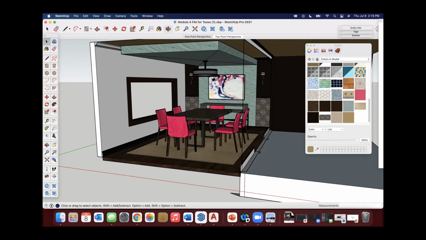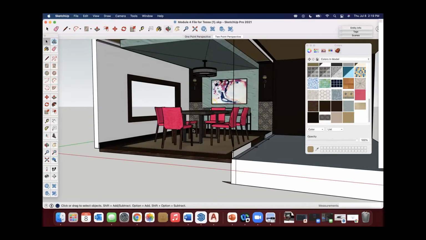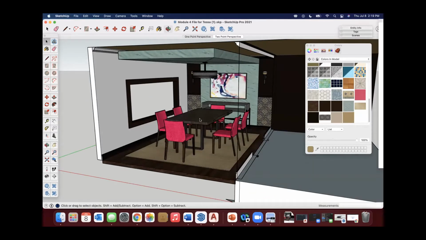This means adding scaled figures or people so that it adds a little bit of depth and visually scales, so that we can really figure out how the space is intended to feel. Scale would be really important if we had super high ceilings and we put in a scaled figure, and you could really see how high those ceilings are or how much lower those ceilings are. And then we can add things like a lamp or a flower arrangement in the center of the table. Those are elements that we can add to our models to really finish them off.